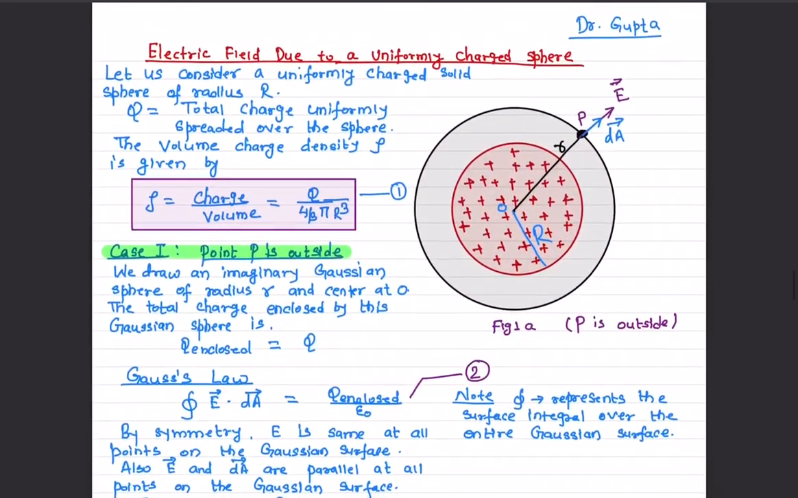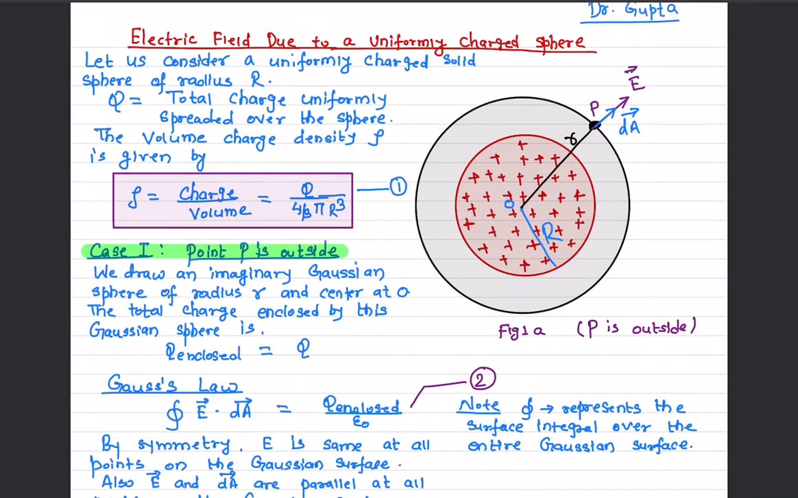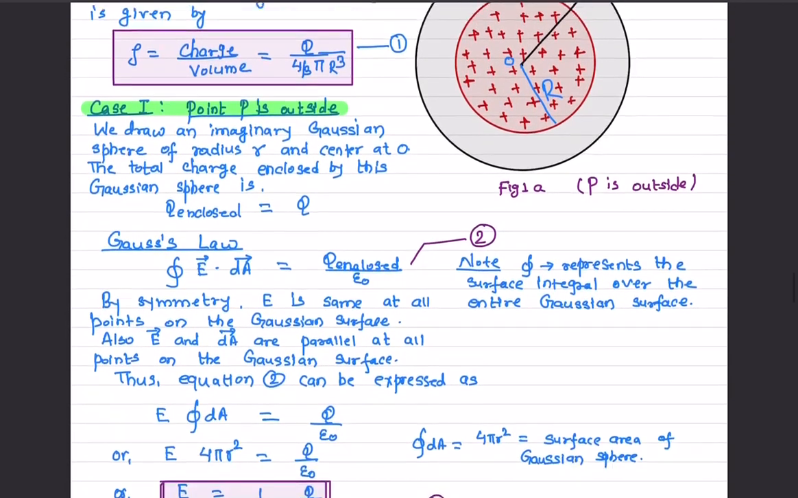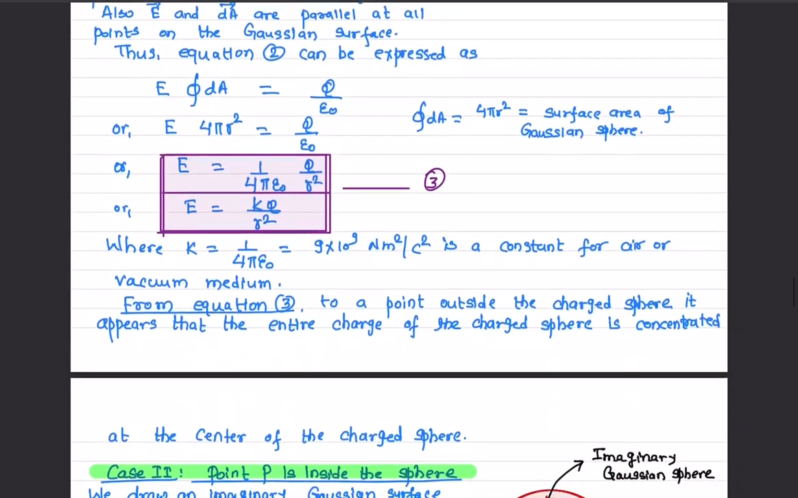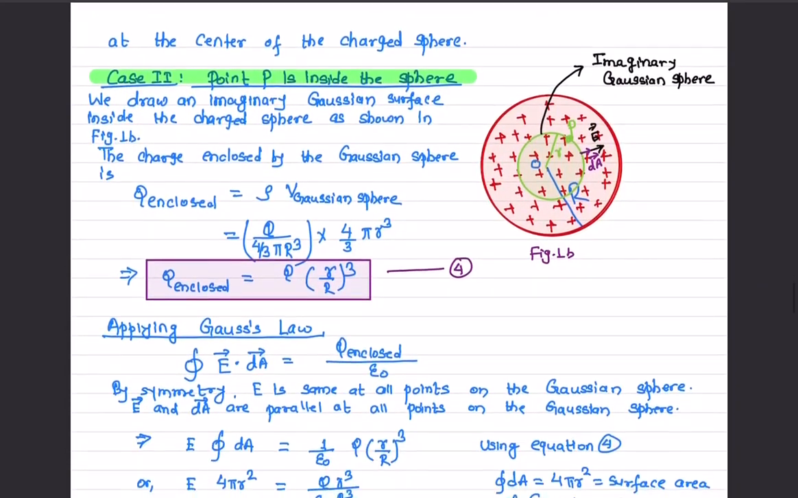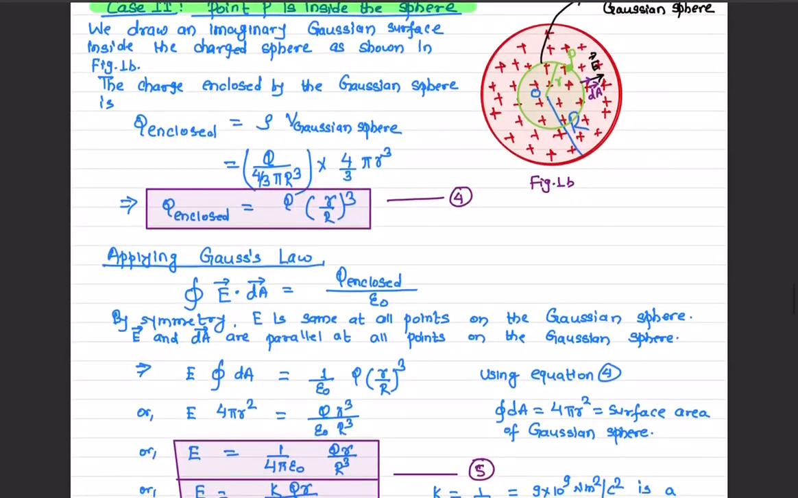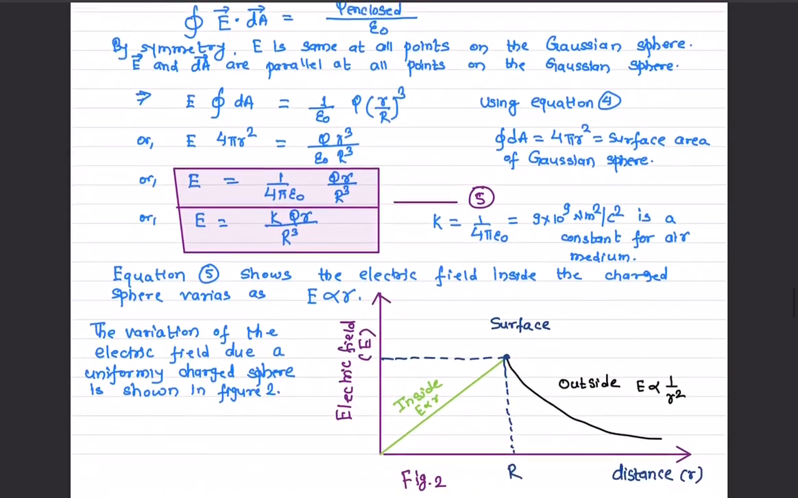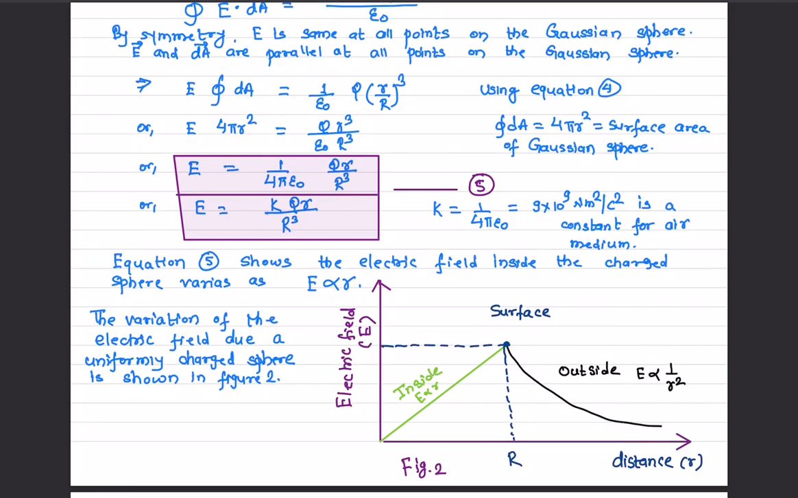Here I will keep this up so that you can look at all the text. You can pause anytime and look at all the text if you need to. So this is it for the electric field variation inside and outside a charged sphere. If you have any questions,